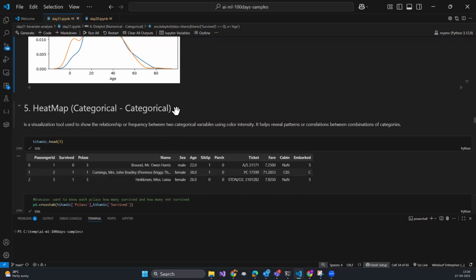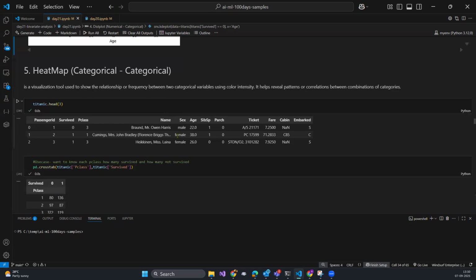Now we will try to learn how we should be analyzing two categorical columns together, right? For that, there is a visualization technique, which is heat map. This is another visualization tool which shows the relationship or frequency between two categorical variables